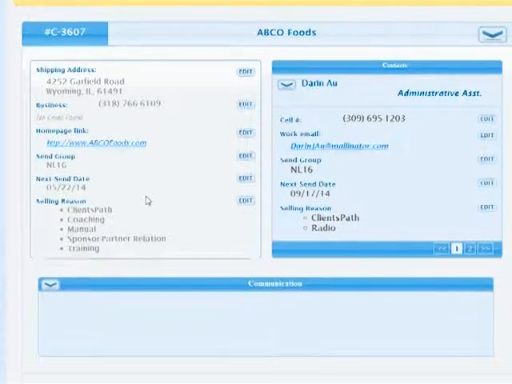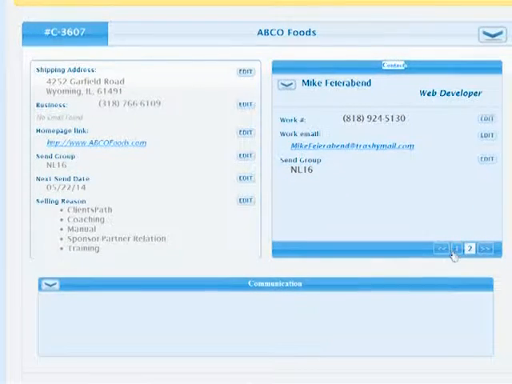And we can also even mark under the contact itself. So if we have multiple contacts, and one is the one for the company to contact about the radio show, another is the one who's interested in ClientsPath or deals with ClientsPath, or the one that does billing, we can separate those reasons also to the level of the contacts themselves. So when we do that advanced search, we can sort by which contact it is.